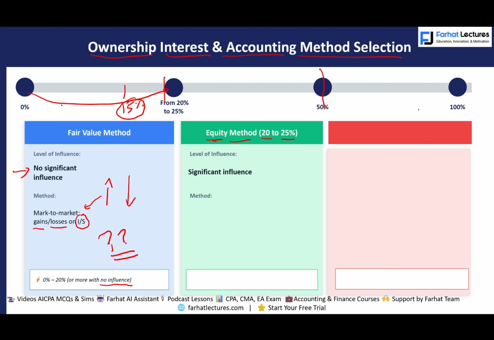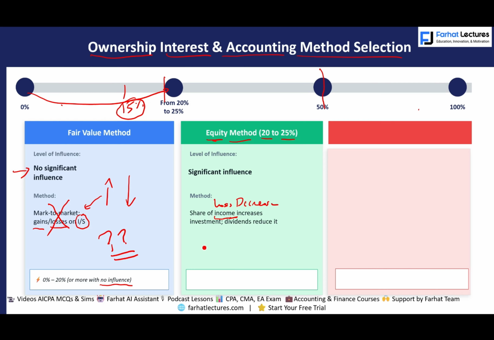How does the equity method work? I'm going to show you the rule here, but we'll have a whole session about that, maybe a couple of sessions. When you buy your investment, what's going to happen is this. You will ignore mark to market. So if the value of that company goes up or down, you would ignore that. What does that mean? You keep it at cost? No. What you will do is look at the income that that company generated, or the loss for that matter, because a loss will decrease it.